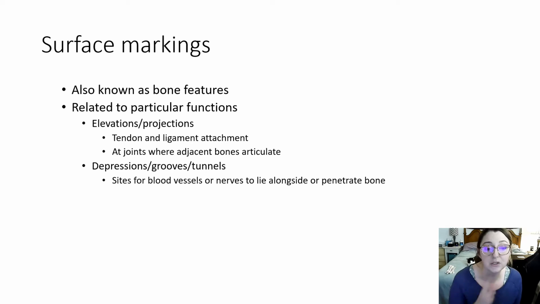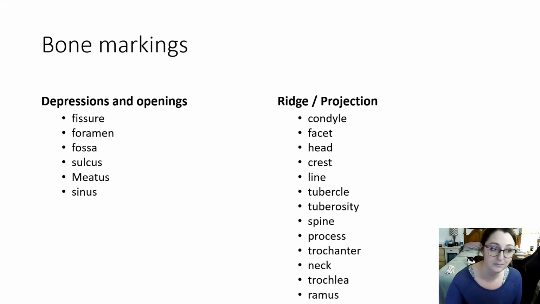So you have various holes within your face, and we are going to look at those next, I believe, which all the places I pointed to are where you have holes which allow for blood vessels and nerves to come through to go to the front of your face. So this is just a list of various bone markings. These various terms fit into,